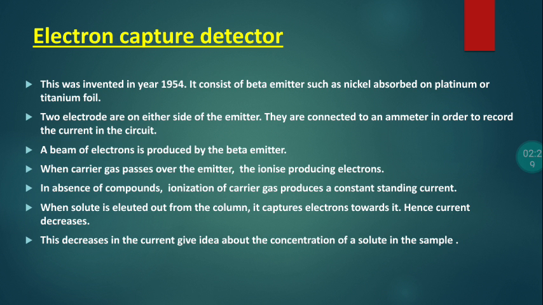The electron capture detector is a very sensitive detector for certain compounds such as halogenated organic compounds, but it is insensitive to compounds like hydrocarbons. The detector is very useful in the detection of ultra trace amounts of metals. It is also used for the analysis of insecticides and pesticides.